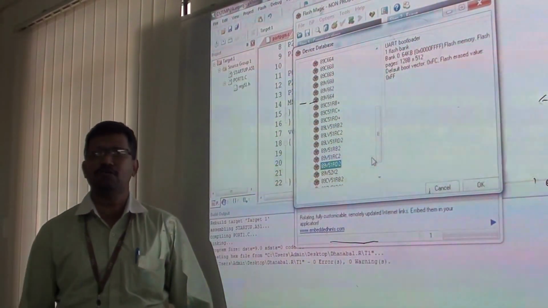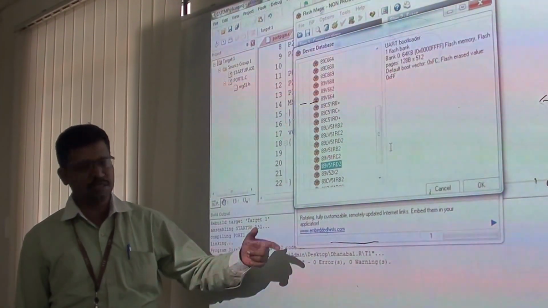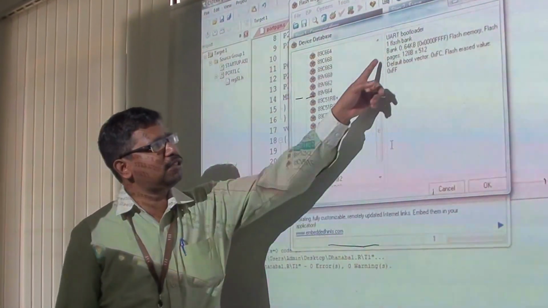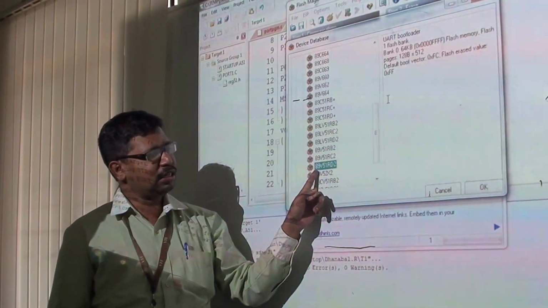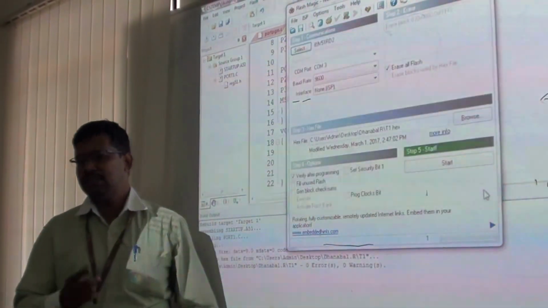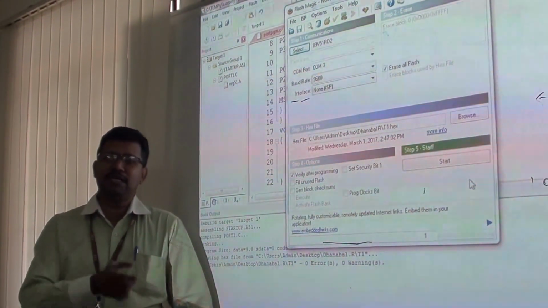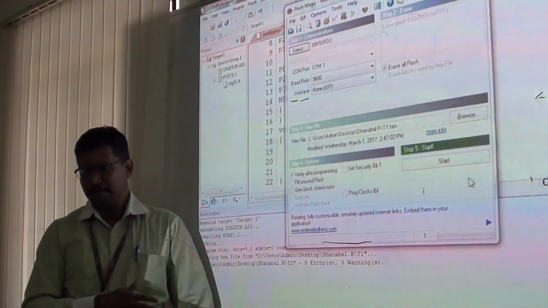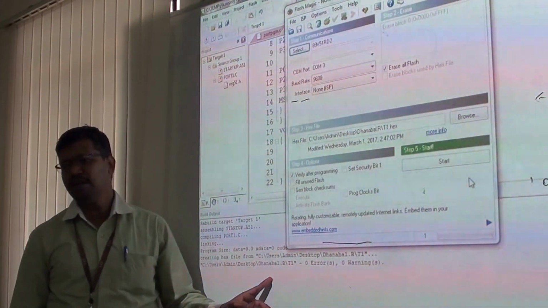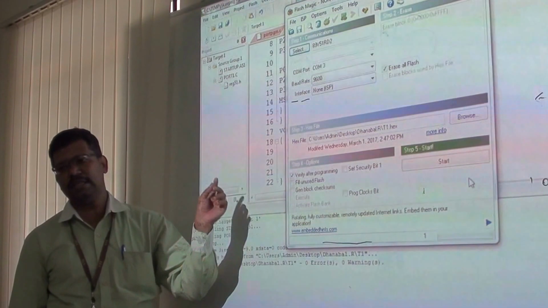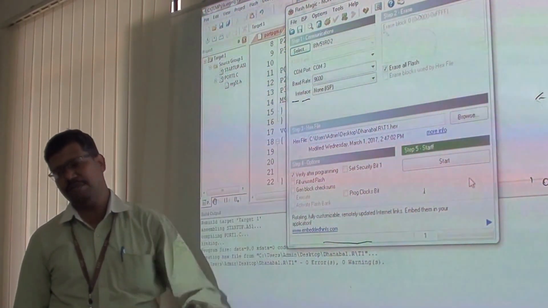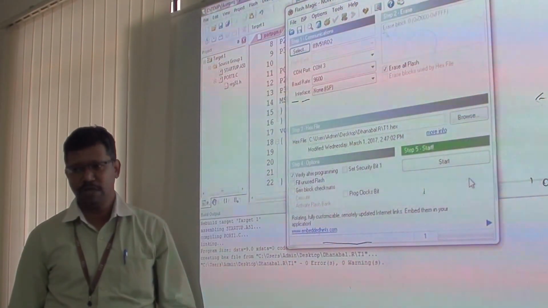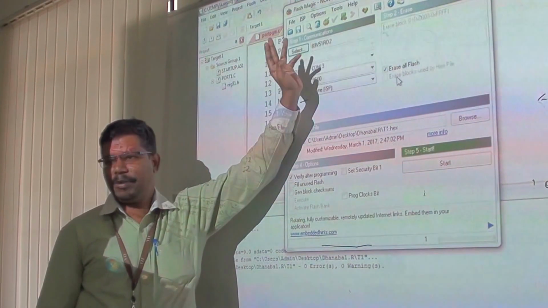That's why I expect everyone to follow the same IC from the beginning of the class. So we are going to use 89V51RD2. The features of this particular IC are given here. Just click it and give OK. The only difference from the previous case is that there we selected P89V51RD2 because Keil has all the vendors' ICs, so we select Philips or NXP and then 89V51RD2. Here it is dedicated for Philips, so only the IC number is sufficient. No other ICs have the same number.